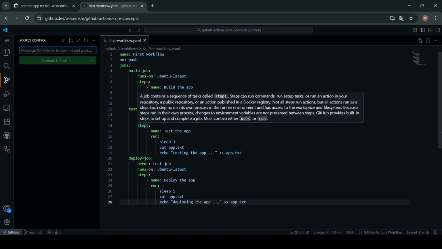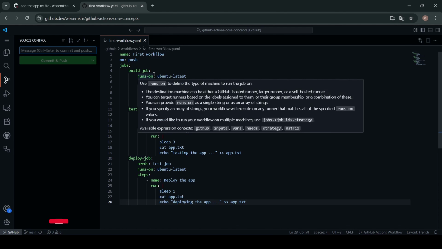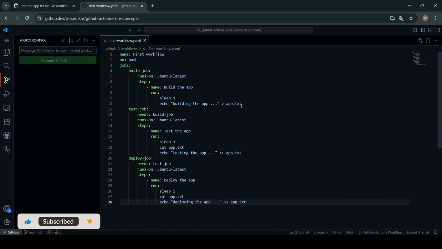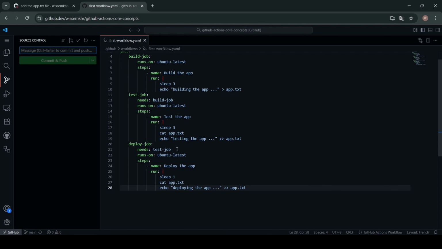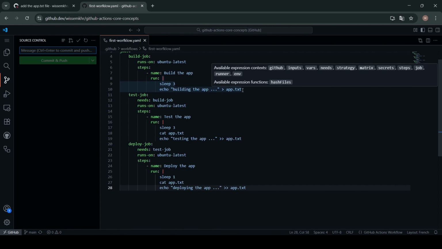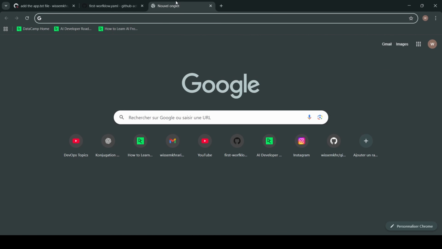One for uploading the artifacts, which we will use in the build job to upload the app.txt file, and another for downloading the artifacts, which we will use in the test job and in the deploy job to download the app.txt file. So if we go to the GitHub Actions Marketplace,